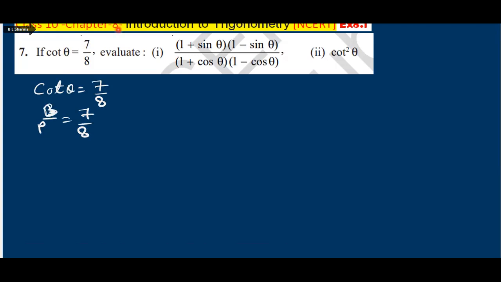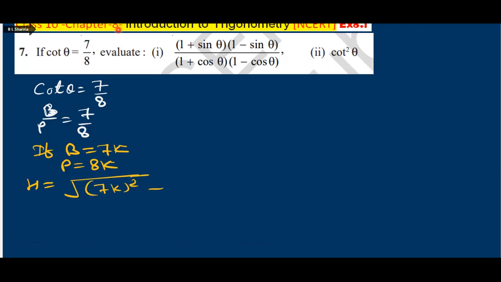So we can say, suppose base is equal to 7k, therefore perpendicular will be 8k. एक राइट एंगल ट्राइंगल में 3 साइड्स होती हैं, परपेंडिकुलर, बेस, तो हाइपोटेन्यूज को भी हमें कैलकुलेट करना है. सो यूजिंग पाइथागोरस थ्योरम, हाइपोटेन्यूज विल बी